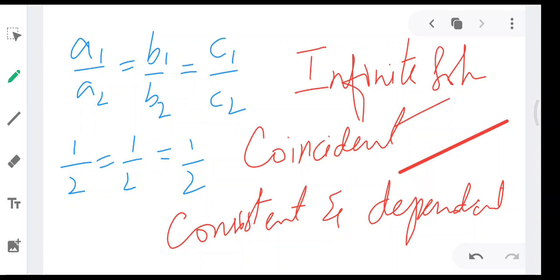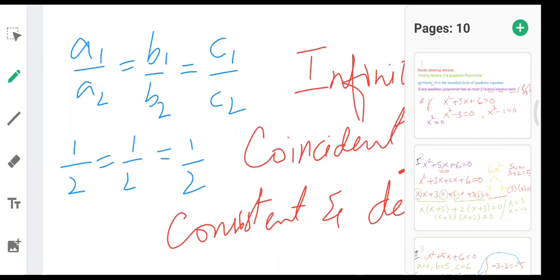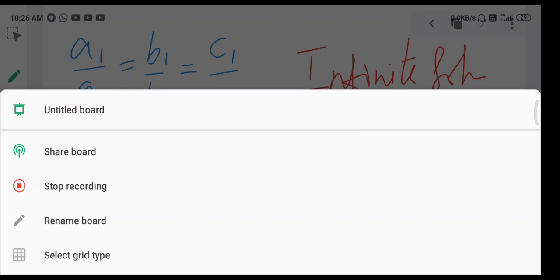So these are the three conditions which can be asked in MCQs from pair of linear equations, and any other concept can also be asked. Using the same conditions you have many questions in the exercises. So if you have any further doubts, you can get back to me so that I can